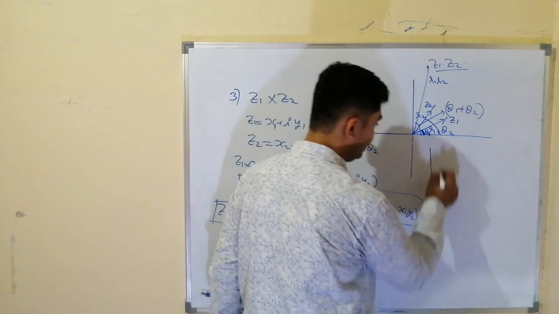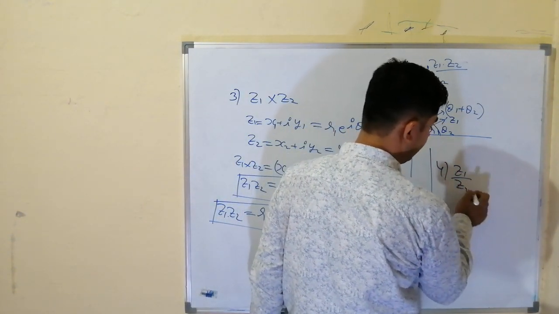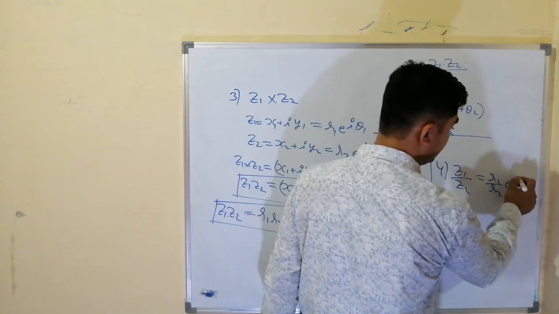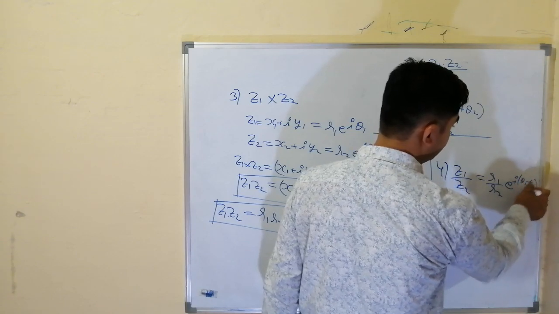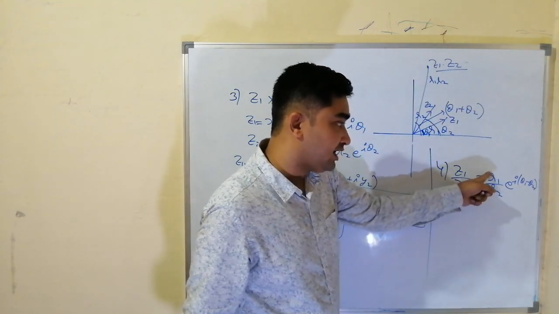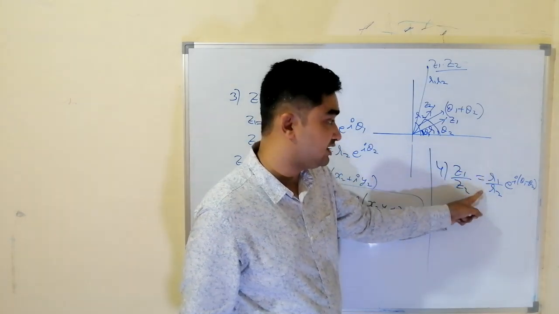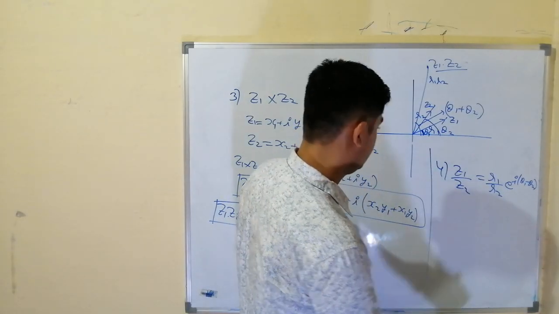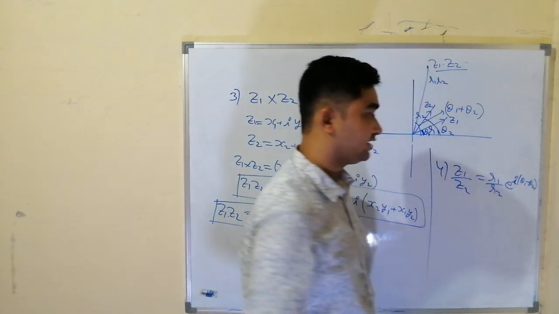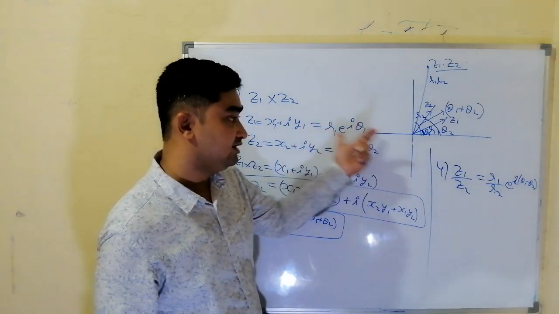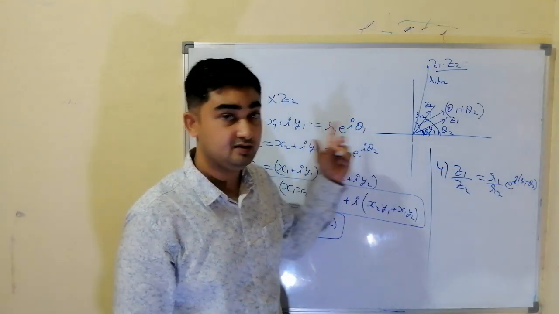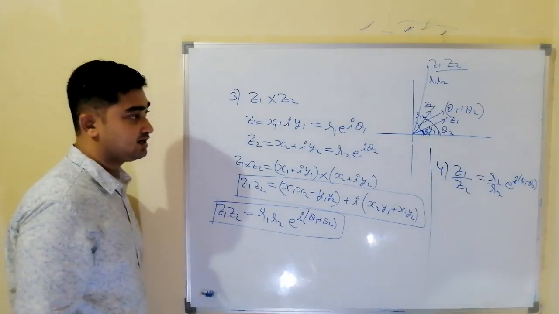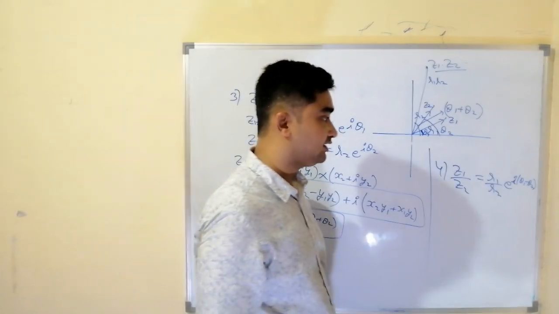Now very quickly we can see division also. Whenever we are dividing, let us say Z1 and Z2 are the same form, then what will happen? R1 by R2, e power iota, the base is same, and in division powers are subtracted. So in division the moduli are divided and arguments are subtracted. In multiplication they are added, in division they are subtracted. So Z1 by Z2 is R1 by R2 into e power iota (theta 1 minus theta 2).